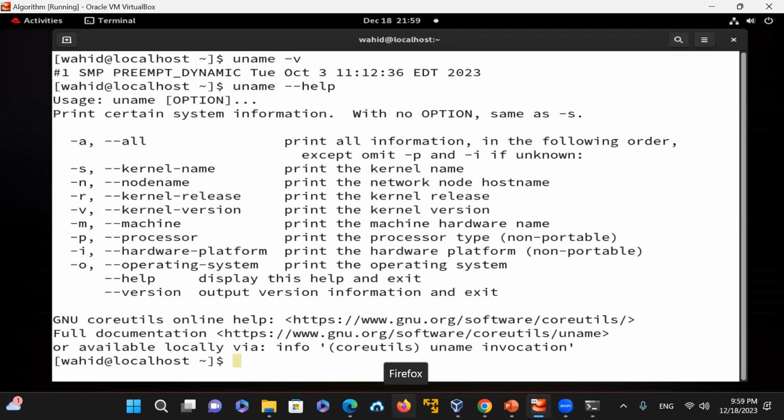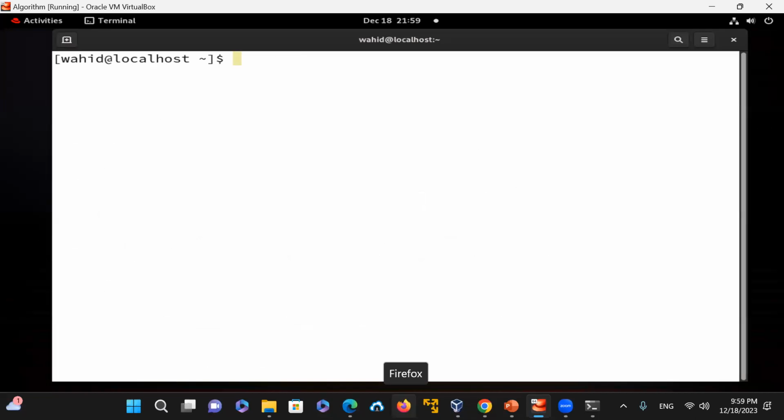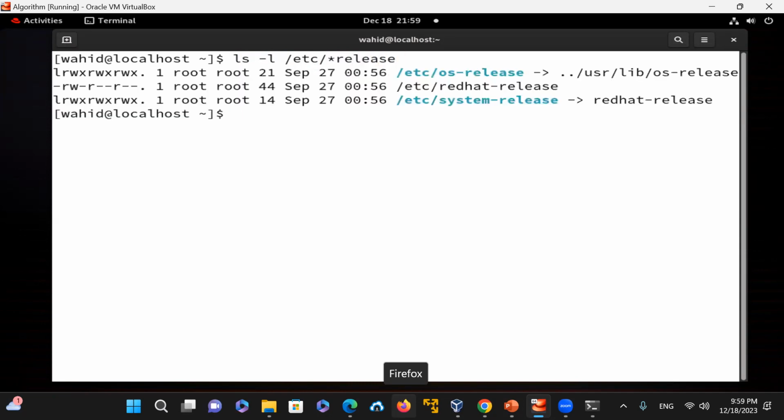And you could just practice those ones as you want. The other file that is important in /etc, there are two files. One is called redhat-release, and one is called os-release. So these files,